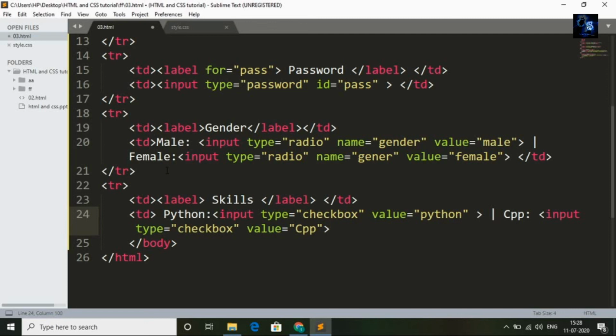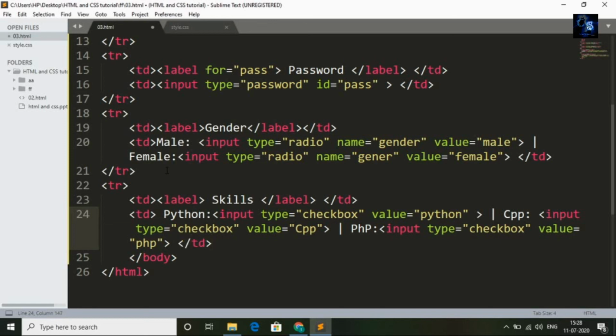Now I will add one more option, vertical slash. I will ask the user whether PHP, colon, input, type equal to checkbox, value PHP, greater than sign, and one closing tag of TD.